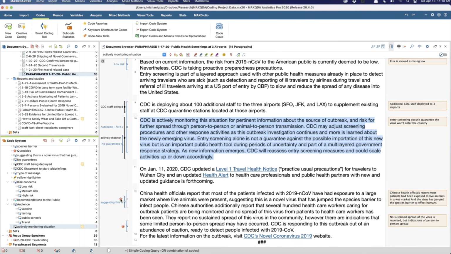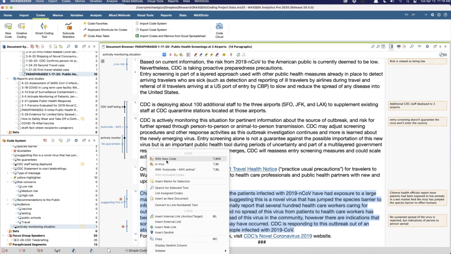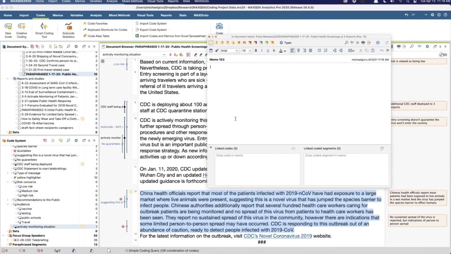When I'm coding documents, though, not only, I've already listed that this was highly quotable, right? I thought this was interesting. I might select this information and I might say, you know what, this is really intriguing, and create a memo here as well. I'd make this up and I'd write this better.